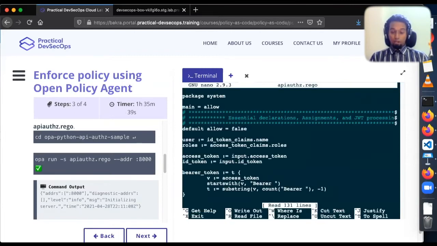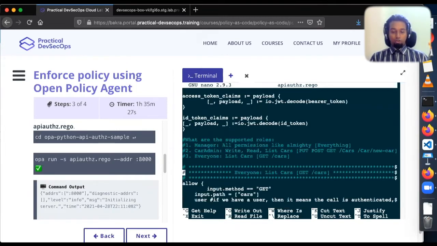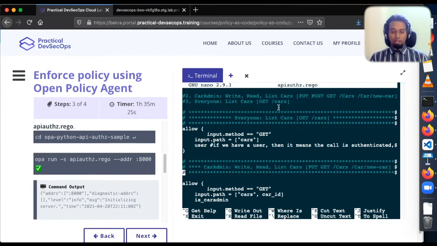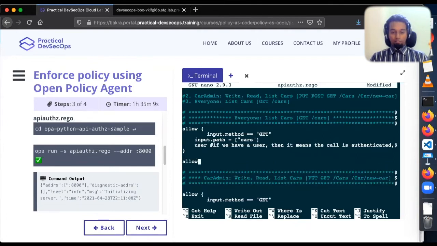api.auth.rego. Let's not worry about what's inside these policies, because it might sound a little bit advanced, or it might sound like, oh, this is all new to me, but we will try to break that down by the end of the webinar. But if I scroll down through this policy, I notice a comment called everyone. So apparently this happens to be the place where I need to change the policy. So what I'll do is start out by writing a new policy rule, and I'll say, set the value of the variable allowed